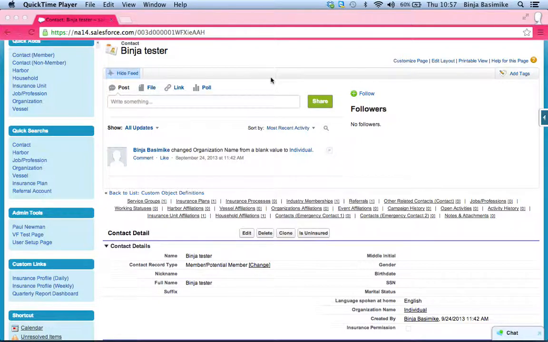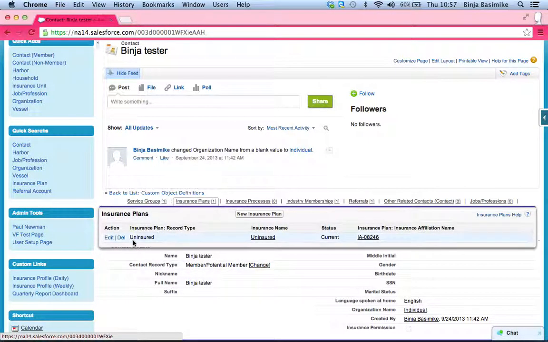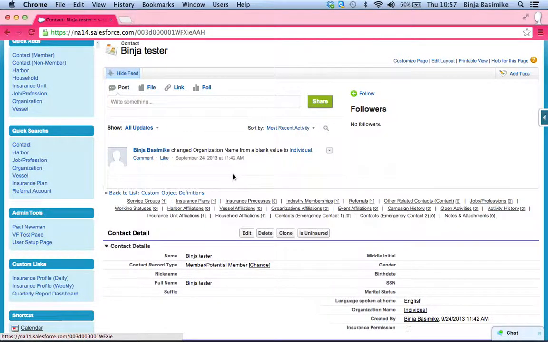Okay, so now we're going to go through the insurance processes. This is pretty much how we get an uninsured individual through the insuring process. So first of all, we have to select the contact. In this case, Benja Testa is our contact. As we can see, currently she is uninsured, and so we would want to go through a new application process